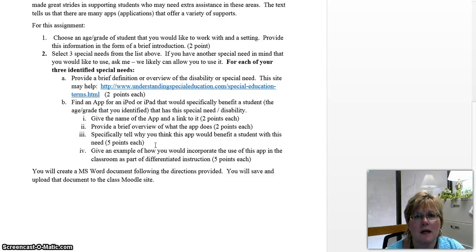Sometimes the site that you find these at has an overview. Again, if you copy and paste that, just be sure to give credit so it's not plagiarism. And then specifically tell why you think this app would benefit a student with this need. Then give an example of how you would incorporate the use of this app in the classroom as part of